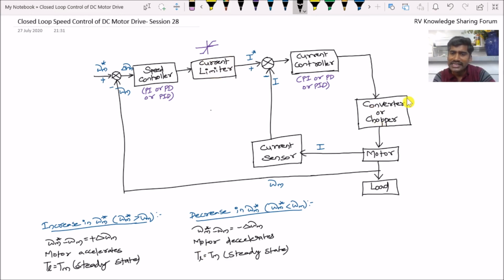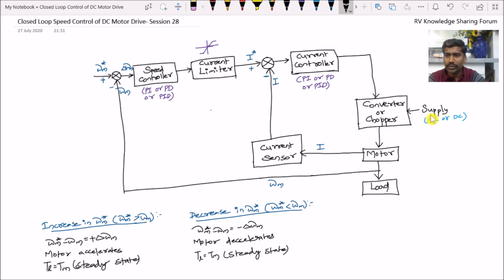Here, since it is a converter, maybe a single phase rectifier or three phase rectifier, whatsoever it is, the reversal of the current direction is not possible. Only the positive side of the current saturation and desaturation is possible. But in a dual converter, it is possible to reverse the current direction, and in a chopper also it is possible to reverse the direction, for example the 4-quadrant chopper, which is the type E chopper.